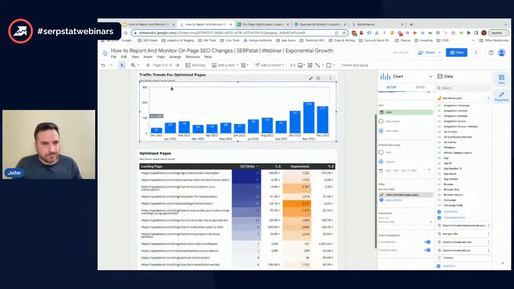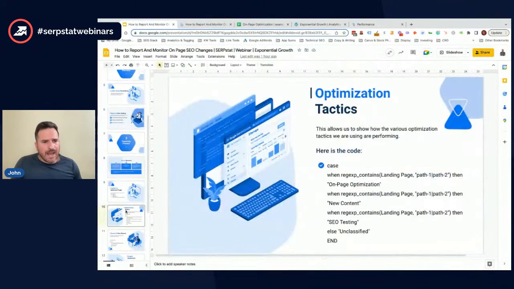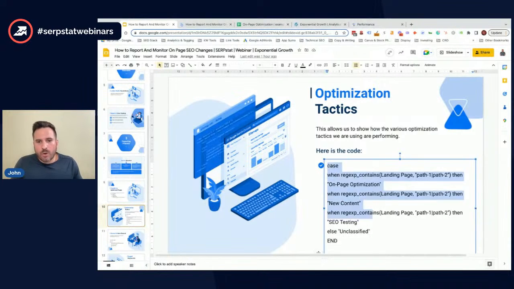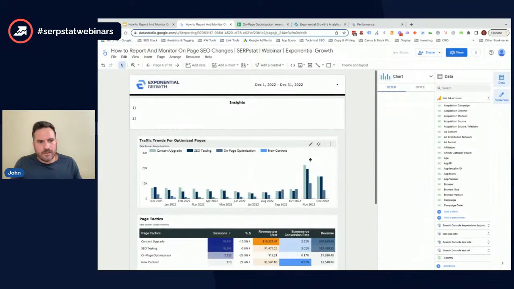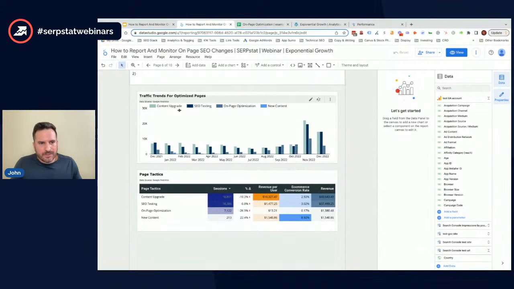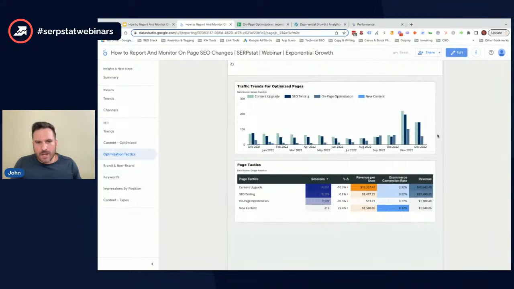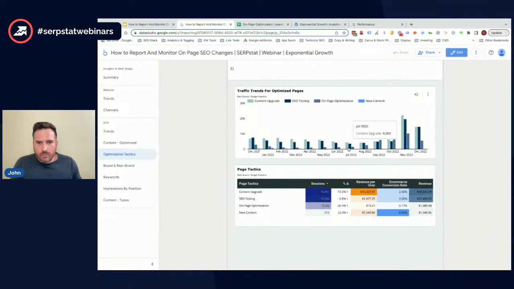So once you have that, one thing we really like starting to do is actually show how different tactics are performing as a whole. So this is code that you can copy and paste into your account, but it's customizable as well. So when we look at this report, what we're actually showing here is all of the different tactics we're doing and how those are performing in terms of overall traffic. So normally what we would do, if this was a client report, we would have this filter down to just 1 or 2. But for example purposes,